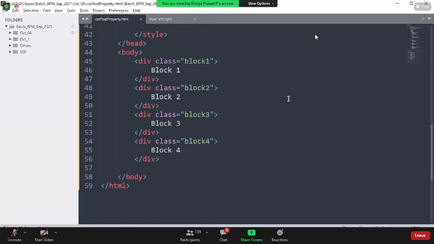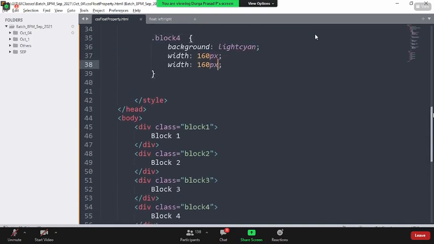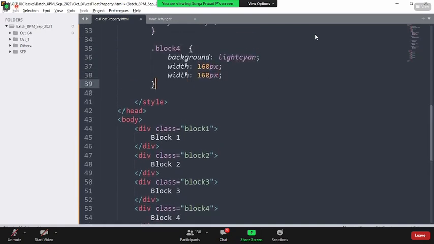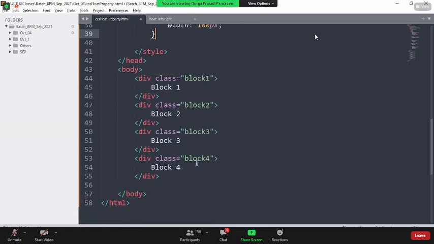So whenever you use the float property, the problem with it is that the elements falling under me or next to me, whether they have used the float property or not, will try to change their default rendering direction. Now, what I need to tell my block 4 guy is: boss, please don't change your own direction. You follow the default rendering direction. You don't follow the previous element's direction.